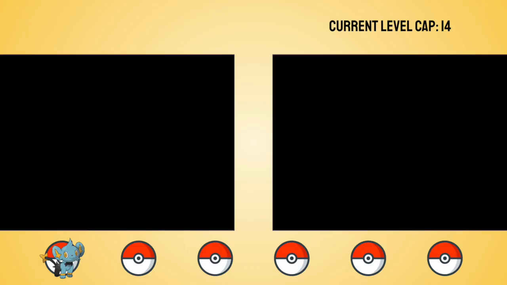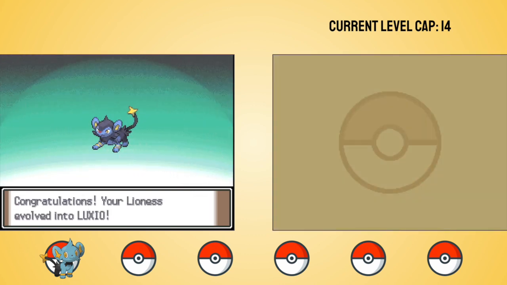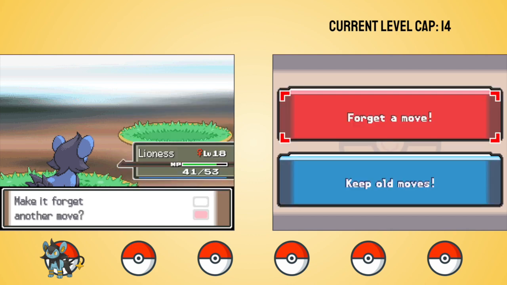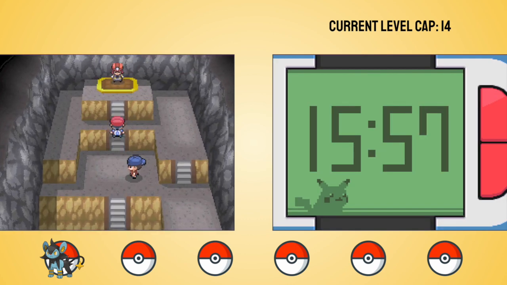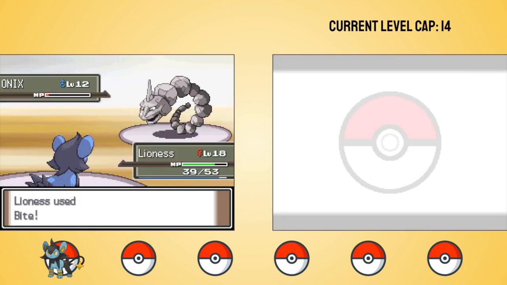Okay, hold on. You've probably figured out from the length of the video that I'm not actually giving up yet. I train Lioness up to level 18, and during that time she evolves into Luxio and learns Bite. I know that being at a higher level than the gym leader is technically breaking the hardcore Nuzlocke rules, but this video would be pretty underwhelming if I actually just gave up at this point. With access to Bite now, I go back to Roark's gym and sweep through his team pretty easily to earn